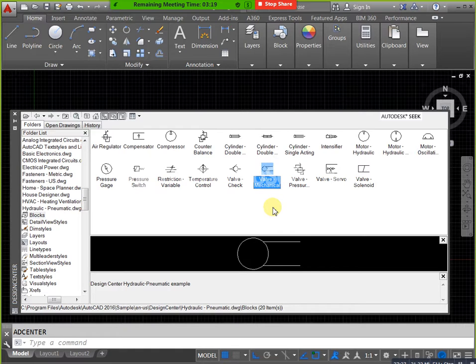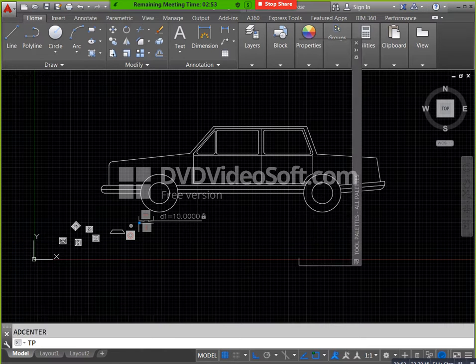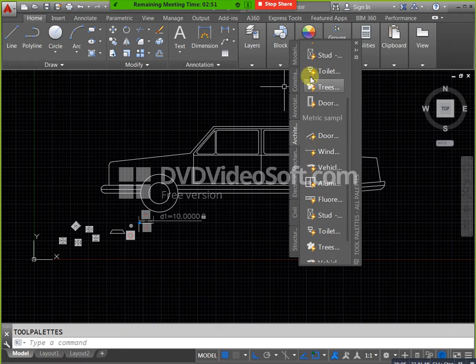Next, TP, Tool Palettes, which we already opened. This is Tool Palettes. Here also you will get your dynamic blocks. What is the difference between Design Center and this one? In Design Center, view changing is not applicable. Design Center blocks, here we have a drop down, and view changing is not applicable, but in Tool Palettes it is applicable. Here we have modeling, this one is construction, constraints and annotation. If you need any annotations, you can use this one. If you need an arrow directly, you can use it like this.